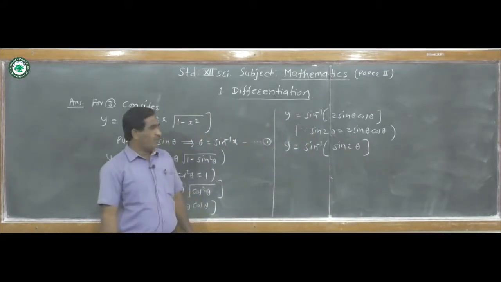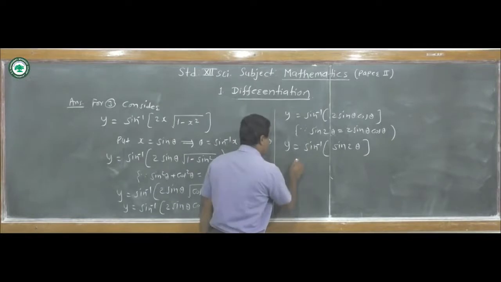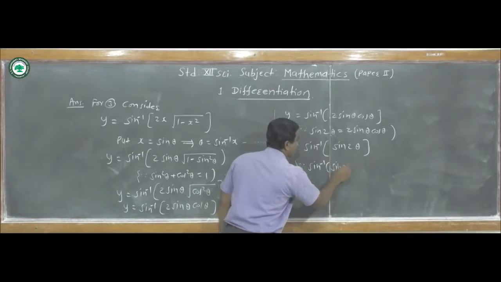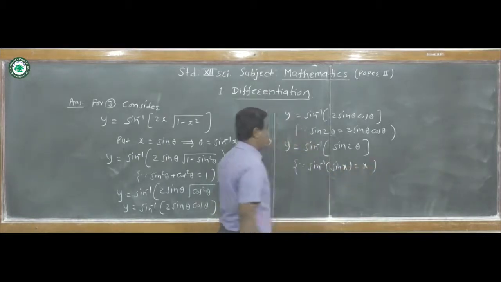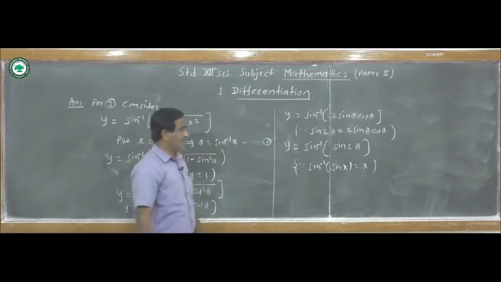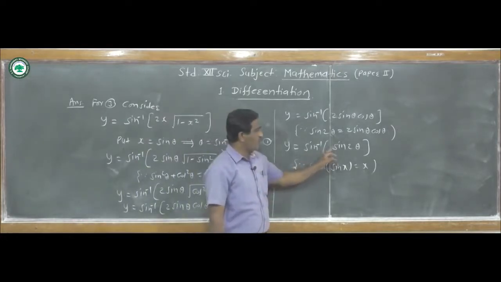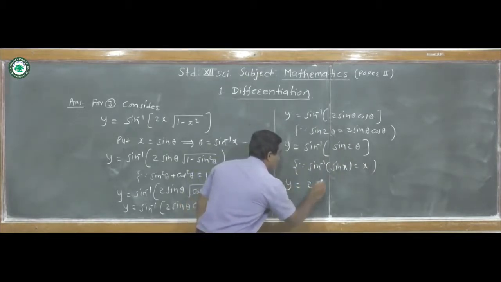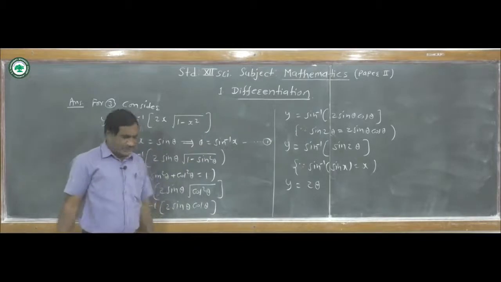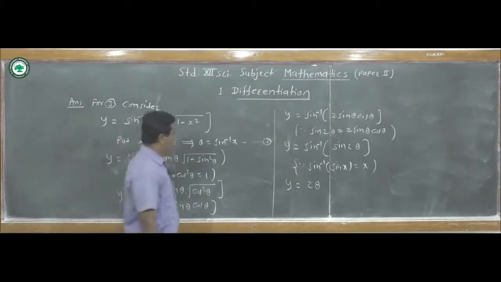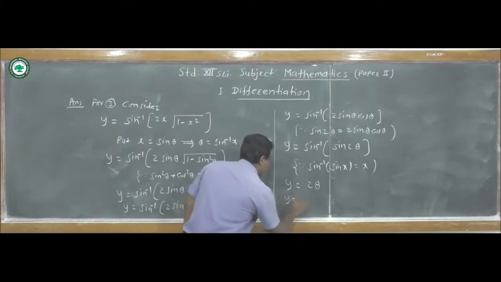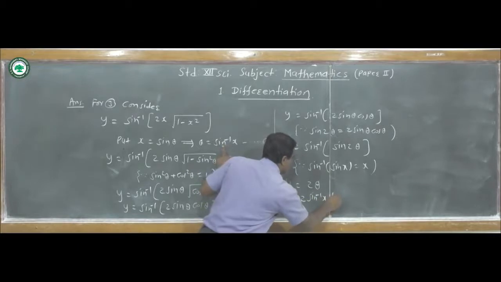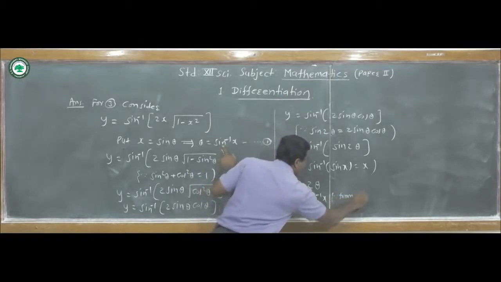Okay. Now we use the formula sine inverse of sine x is equal to x, or sine inverse of sine theta is equal to theta. Therefore, we get the value of sine inverse of sine 2 theta is equal to 2 theta. That is, y is equal to 2 theta. Now put the value of theta from equation first again. y is equal to 2 into sine inverse of x, from equation 1.